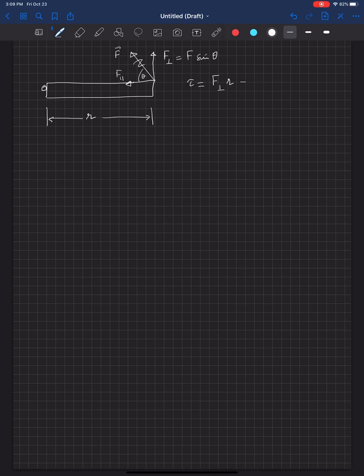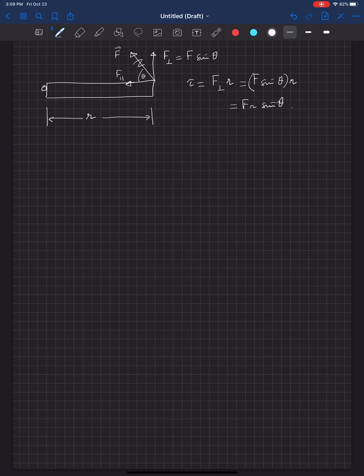So this is equal to F sine theta times r, and this of course is exactly the same expression as the previous page, which was F r sine theta. Just rewriting it, that's all. But what is interesting is that you get the same expression,